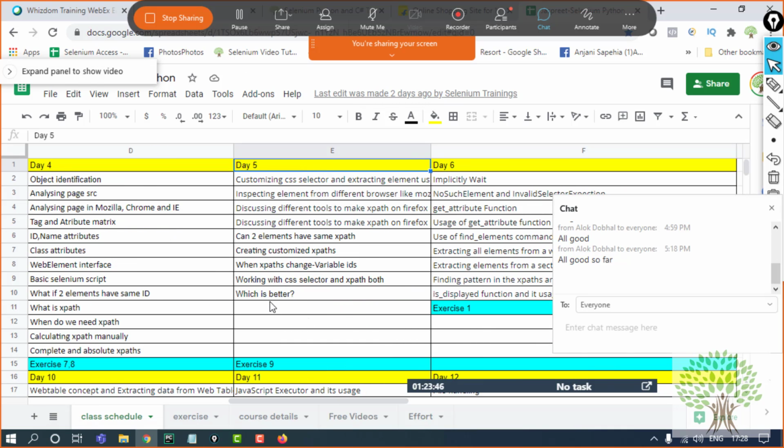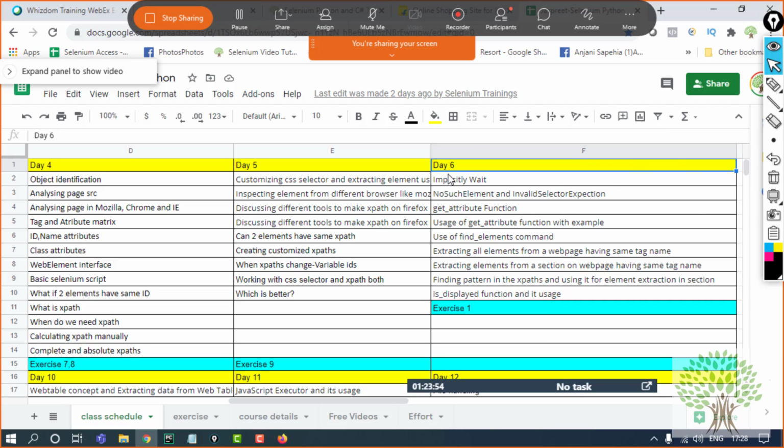We completed the CSS selector and covered a lot of things with this. In day 6, we have topics like implicit wait, get attribute function and all this. You can take a look at all of them once. I don't think any homework is required because this will be from the very starting, but still you can take a look at which topics are going to be covered.